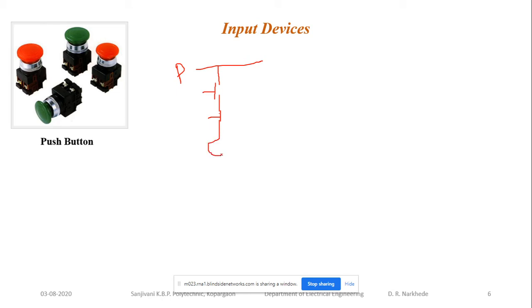And then this is my device, whatever the device I want to control over here. Okay, and this is the return path, this is the neutral or negative. Now this is green color push button, or it is called as on push button, and this is red color button, this is called as off push button. Now if you observe over here, you can easily identify the working of this system.